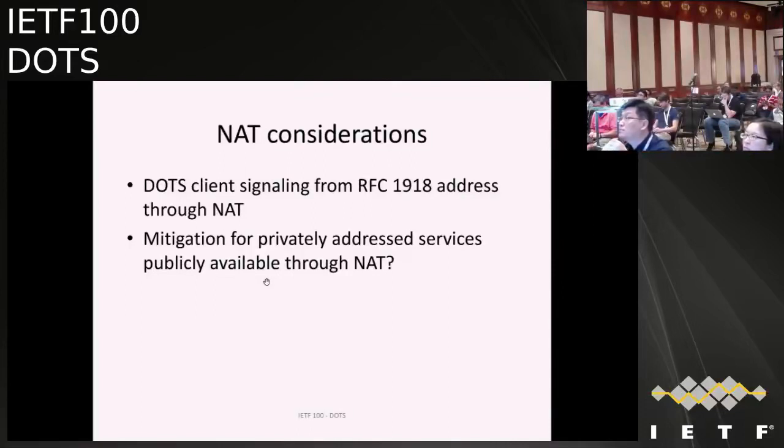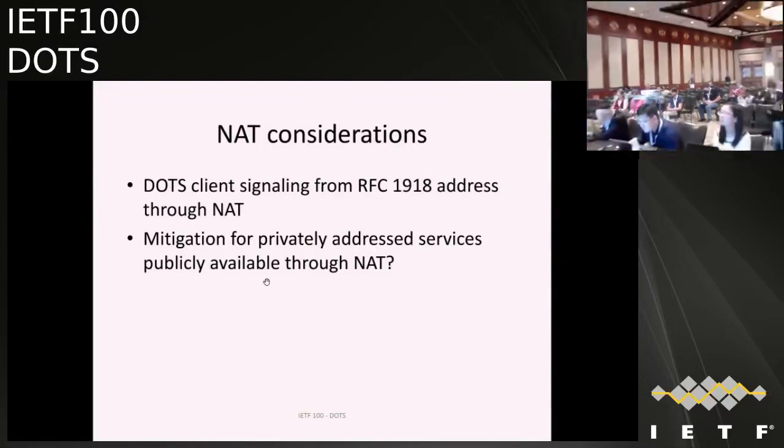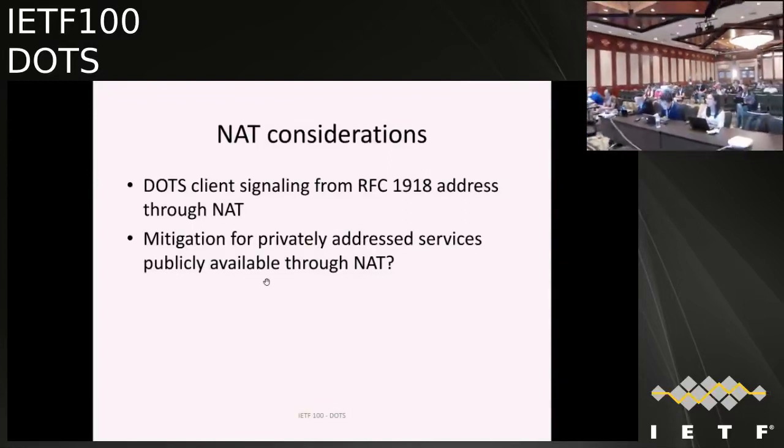So as I mentioned in the requirements discussion, there was some discussion of NAT on the mailing list. I'm sorry, I'm having some echo. There was some discussion of NAT on the mailing list. Largely that is going to be focused on the architecture, so that's where we're proposing to move it. One of the issues that was brought up is DOTS clients signaling from private IP space through NAT to request mitigation. We need to discuss how the DOTS server treats that and how both ends interact when such a model